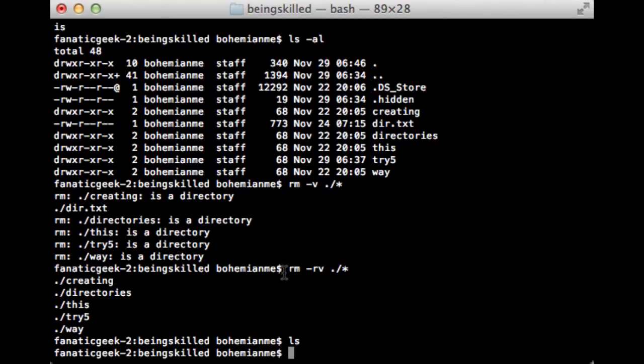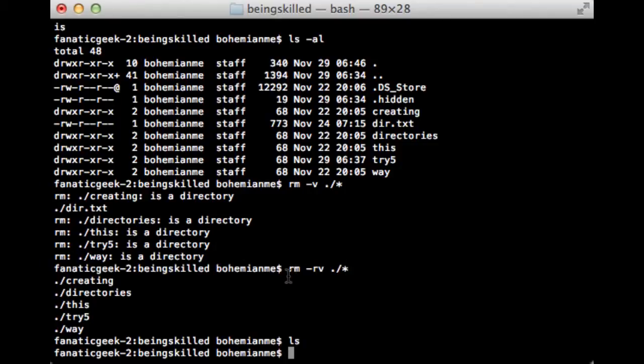What we used is rm, the command name, then -r, which is used for removing directories, and then -v, which will show the processes going on, and then ./*, where dot slash means inside the current folder, and star means everything.